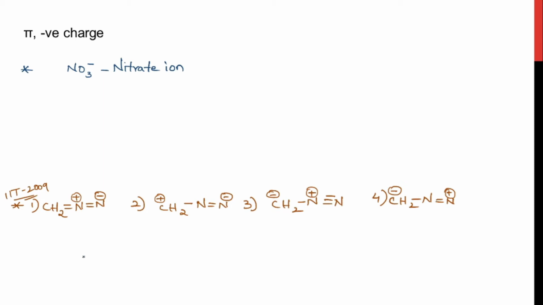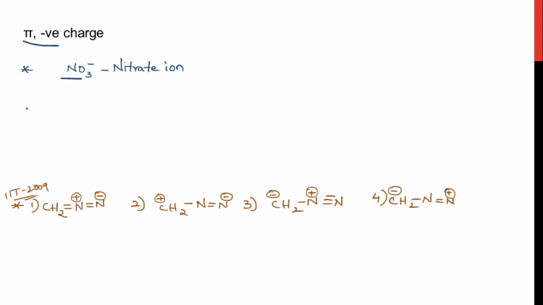In this particular video, I'm going to start with the mesomeric effect as well. Fine, let's start with the examples now. So when a pi bond and negative charge are in conjugation, they exhibit resonance. When a molecule has pi and negative charge in conjugation, they exhibit resonance. We are going to see an example.